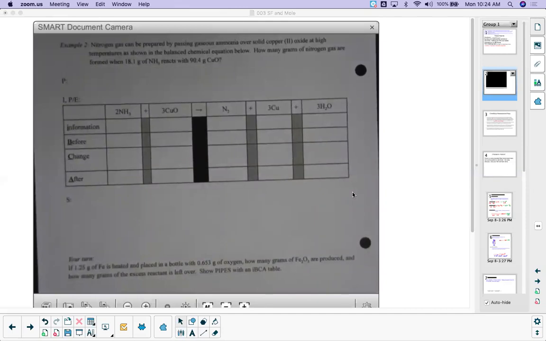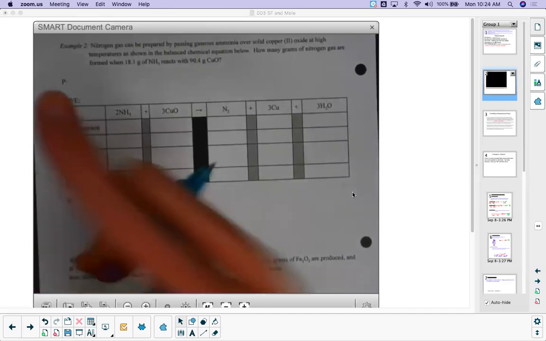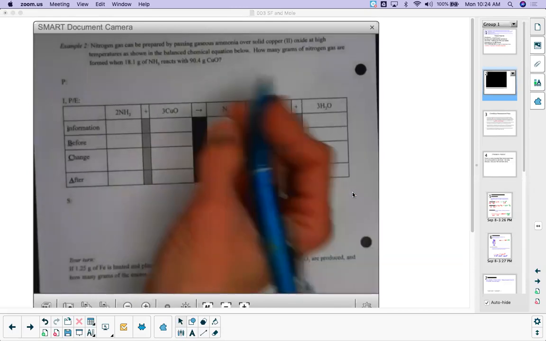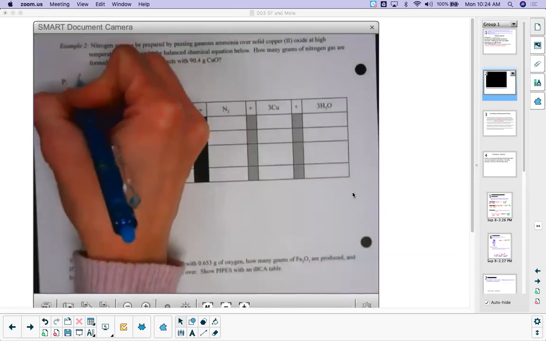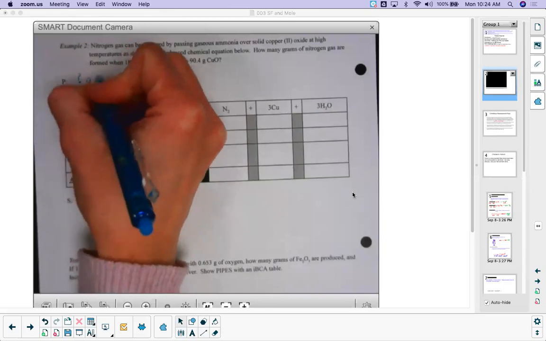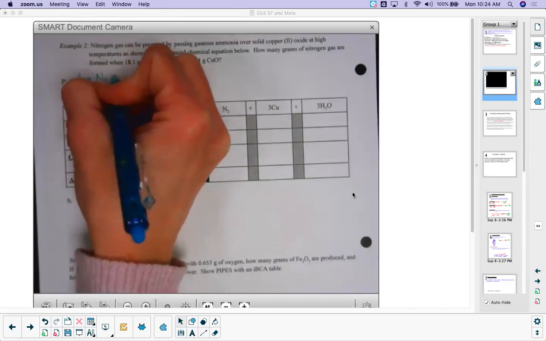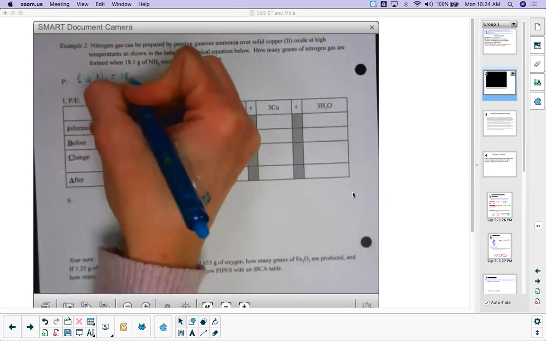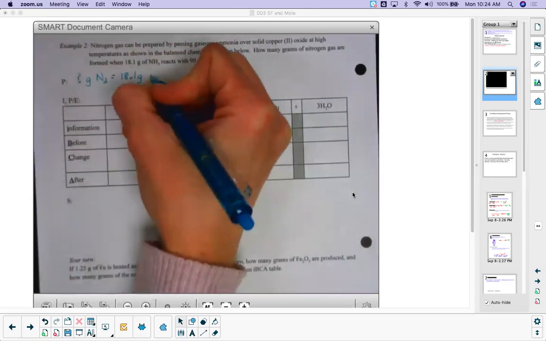We're going to add a row that says information. And the thing that goes in that row is going to be how to get to moles. So we're going to add an I row here in just a moment. We're going to produce some nitrogen gas using this reaction right here. My problem is to figure out how many grams of nitrogen I can make from 18.1 grams of NH3